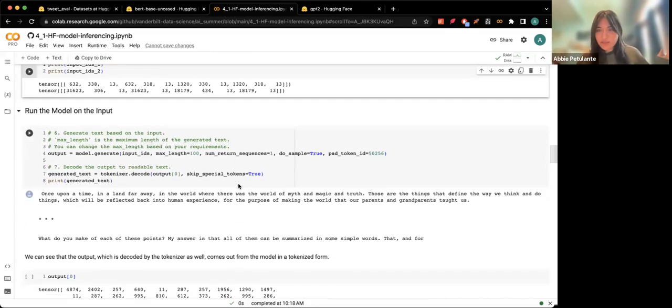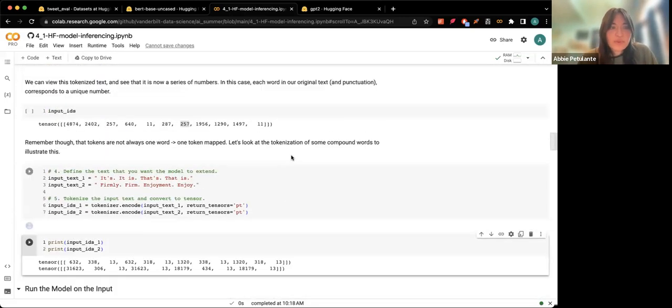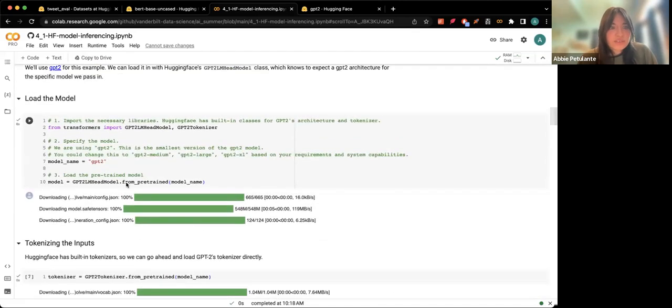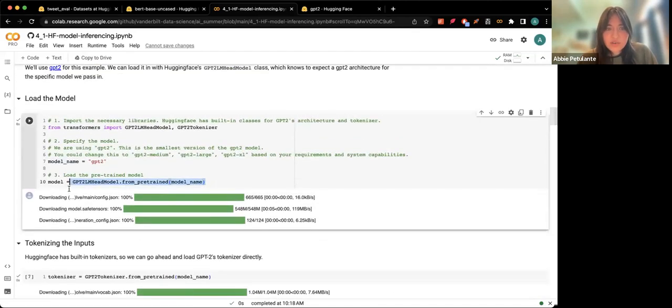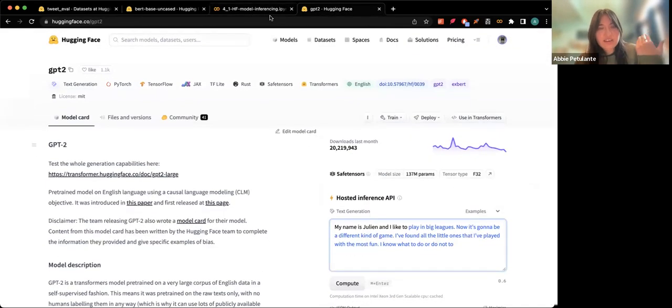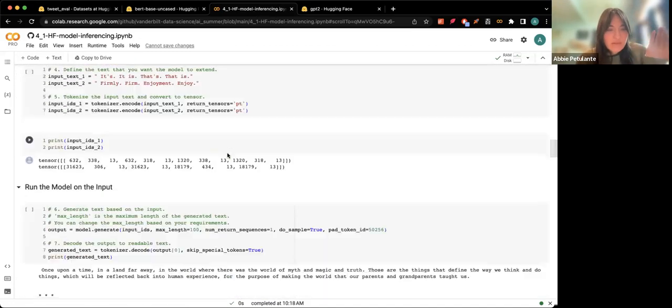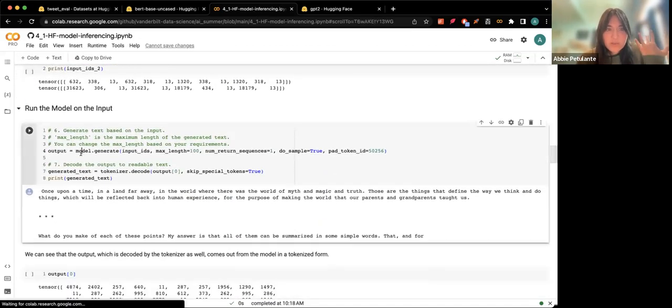now we have our tokenized input, so we can now give our tokenized input into a model because now it's in a format that a model understands. And giving an input to a model, so remember we very simply were able to just define the model here, call what type of model it is and say from pretrained and give it the model, which exists right here on Hugging Face. And now we have the model, and all that we have to do is do a model.generate, so a very simple line of code in order to now create an